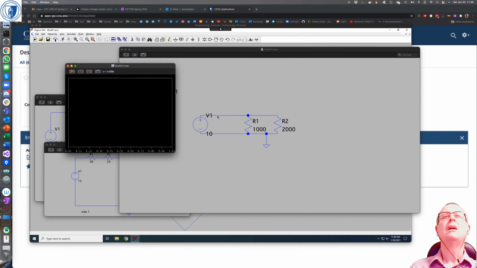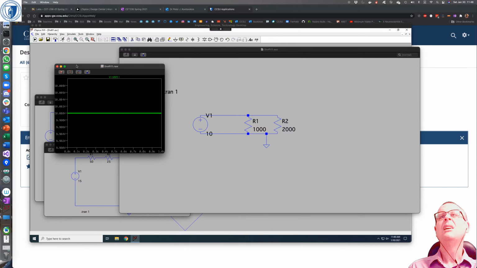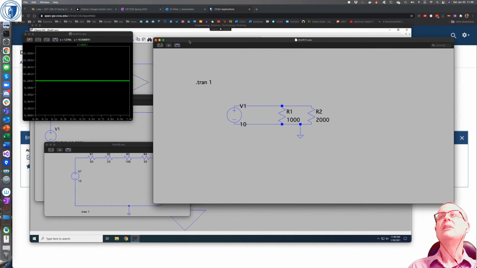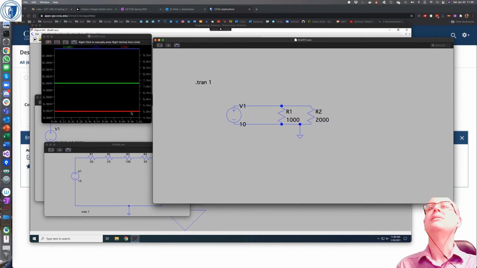And we'll just put that up there, and then we should be able to run it. I'm going to measure that voltage there, so that shows up the 10 volts that I would expect. And I can also plot the current, which is on this right axis in blue, and that current, which is also on the right axis in red.